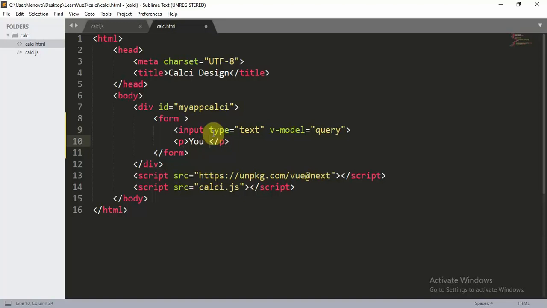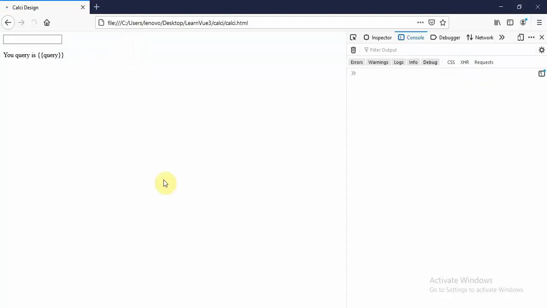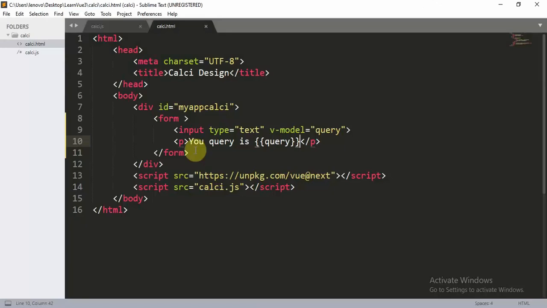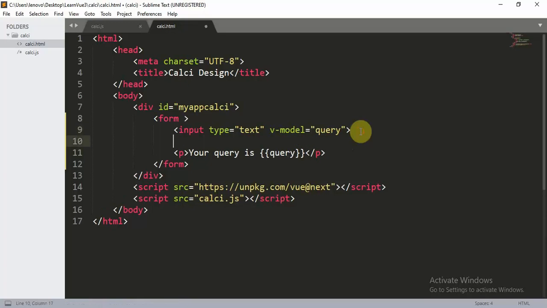You searched, your query is this query inside the parenthesis, which would give us the value. So now let's refresh the page, and your query is 2 plus 3 into 5. So this works perfectly fine. Okay, I forgot to put an R. Your query is this. Now for the same, what you can do, you can put input type is equal to